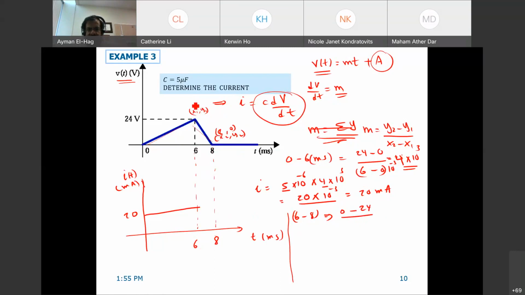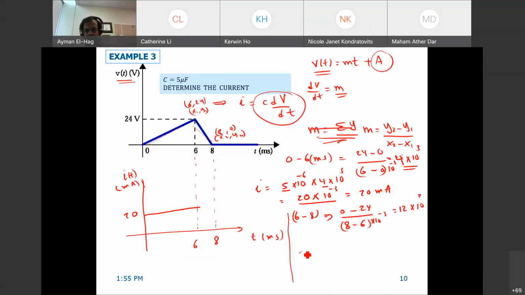Here it is 6 and 24. These are the 2 points. So 0 minus 24 divided by 8 minus 6 times 10 to the minus 3. And this is equal to 24 divided by 2, which is equal to 12 times 10 to the power of